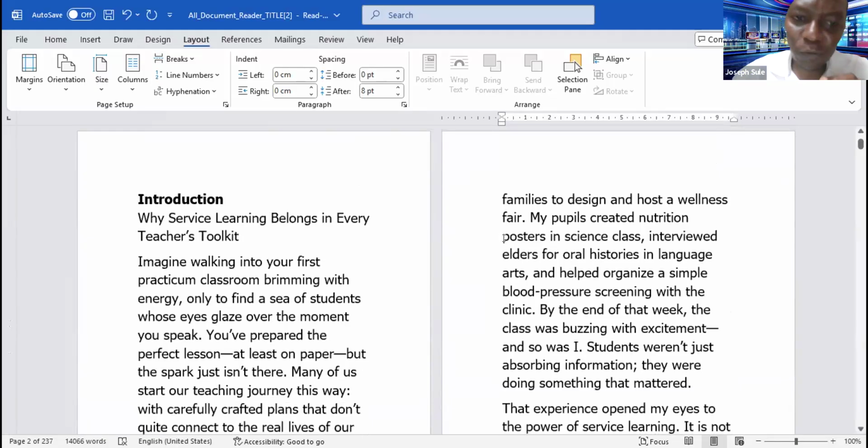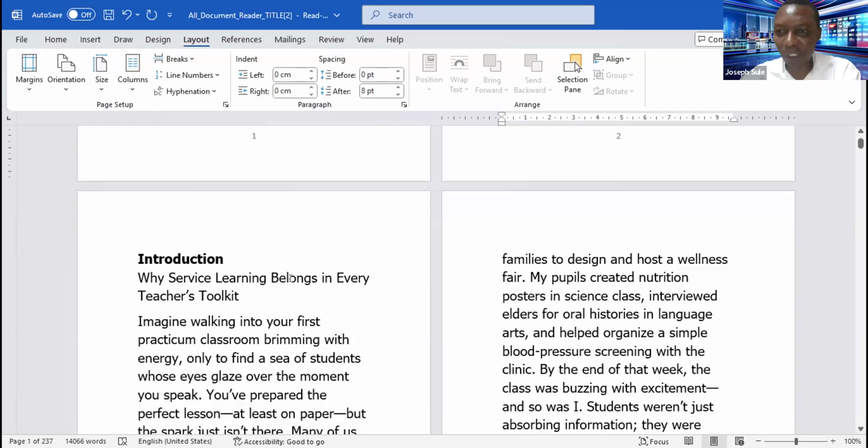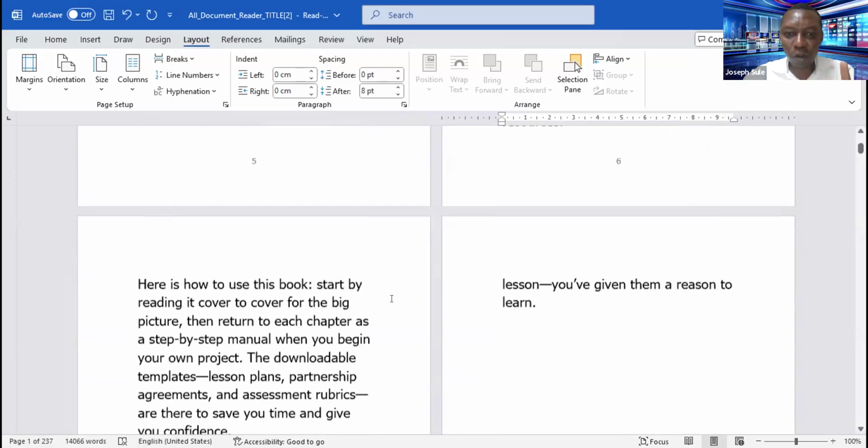So I said Microsoft Word has made it so easy that there is a template that you can use to insert your table of contents, such that the table of contents will have links. The moment you click on a particular chapter in that table of contents, it will take you straight to the page where that chapter begins. And to get that done, you need to have all